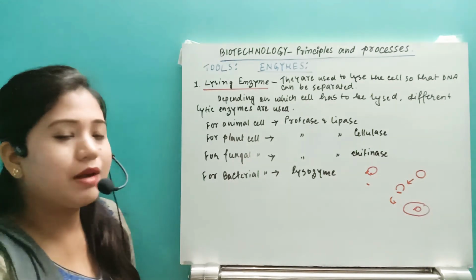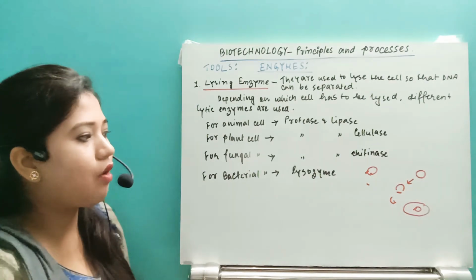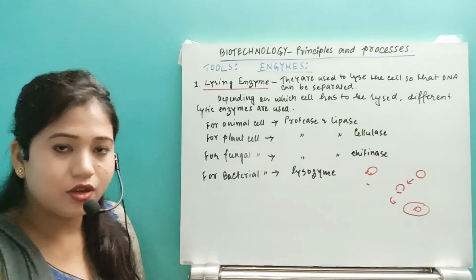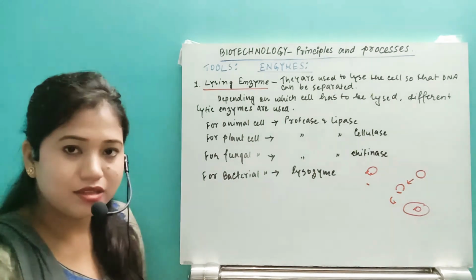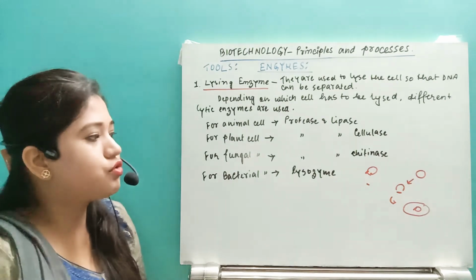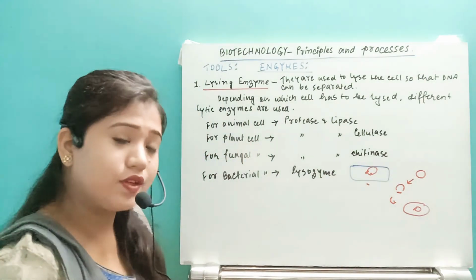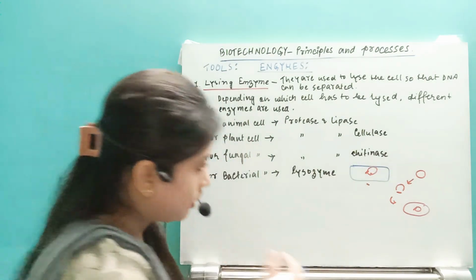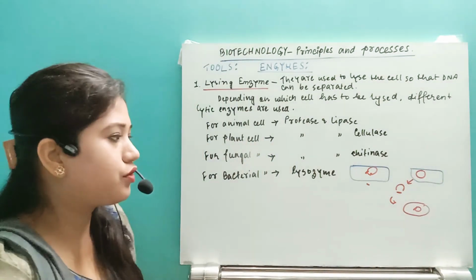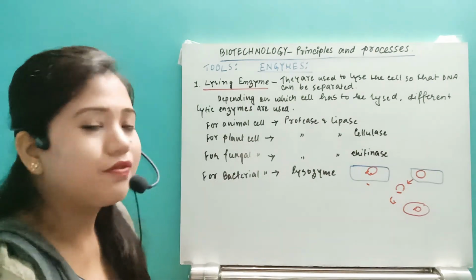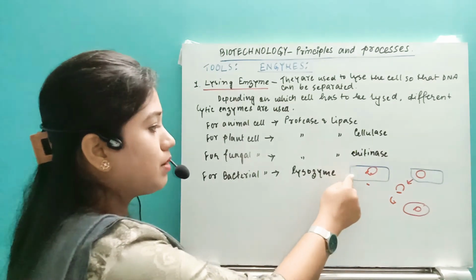So whenever it comes to the lysing enzyme, we need to know how we will be able to extract the gene fragment, how we will be able to find the desired gene fragment. Obviously within our organism, within a cell, isn't that? So this Salmonella typhimurium is one organism, and it is going to have its own plasma membrane, isn't it? In case of the vector also, this vector is present within a cell. We have to first of all collect the gene fragment. So before the collection of the gene fragment, we have to break the cell membrane, isn't that?